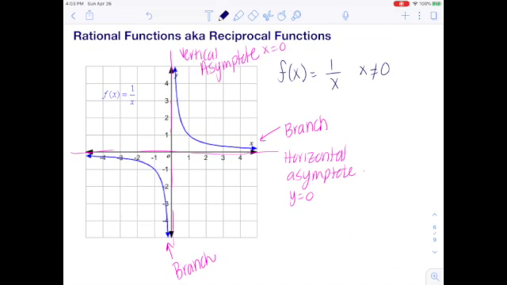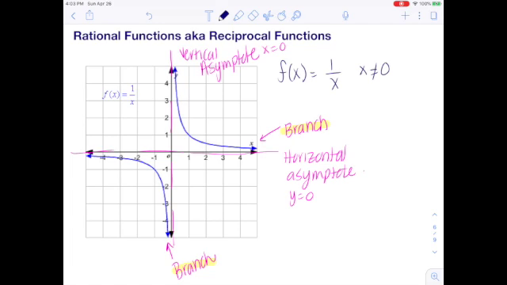Now we get into rational functions, which are also called reciprocal functions. You've seen these in Algebra 2. Just a quick refresher. You've got what we call branches. Branches are the blue pieces of the graph, and then your actual function is f of x is equal to 1 over x for this particular graph, and we have a domain restriction of x can't equal 0, and that's